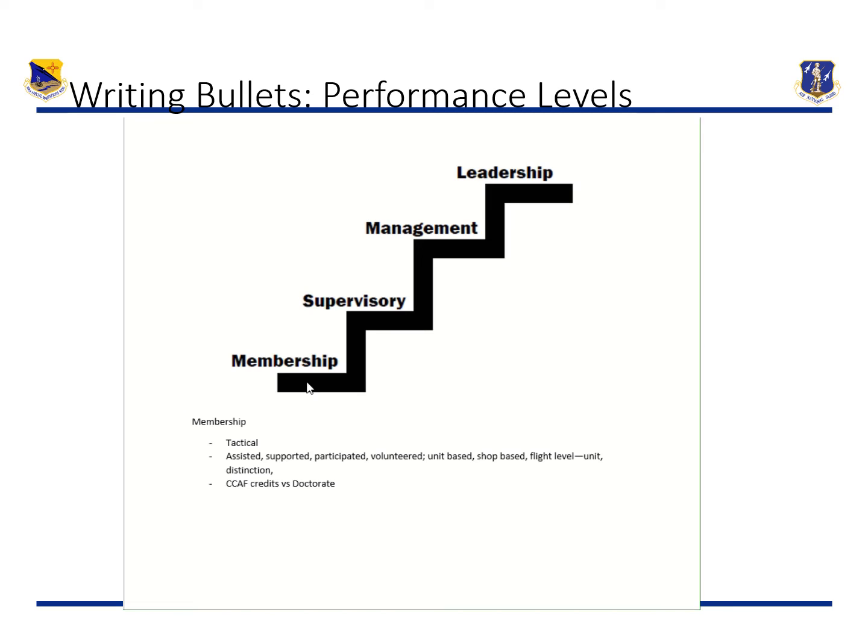In essence, membership levels are typically things that are part of the building blocks to a bigger accomplishment. We're basically saying this member is in the trajectory, but he still needs some work. He's still at the beginning stages. At this particular situation, whenever you see a bullet that's at the membership level, also levy that against the expectation.